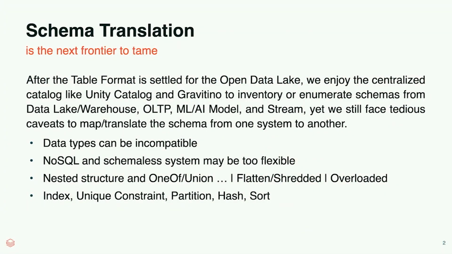Last year, the biggest news in this conference is Databricks bought Tabular. Iceberg becomes the de facto open data format, right? But when you use this, you will find out we have a lot of catalogs in the market. Unity catalog is one of them, and my friend here is the owner of Data Strato from Gravitino. That's another open source catalog as well. And now it puts all this metadata and inventory of objects in a single place.